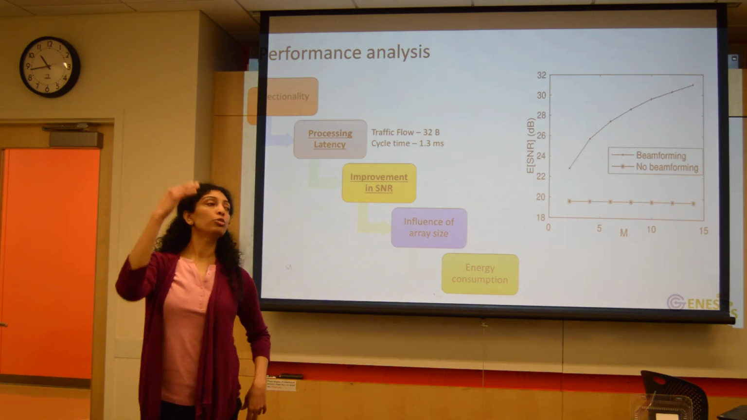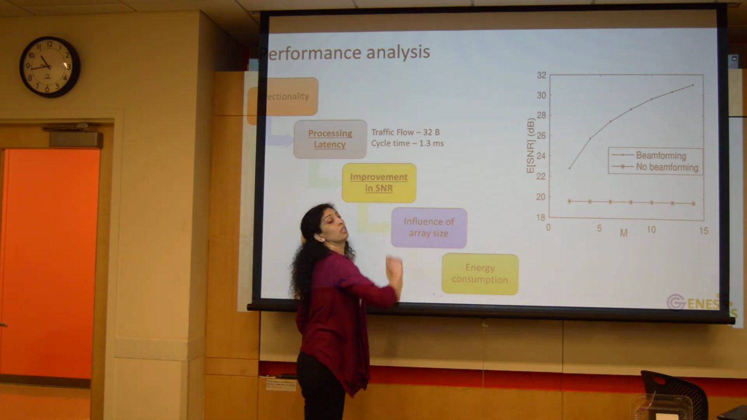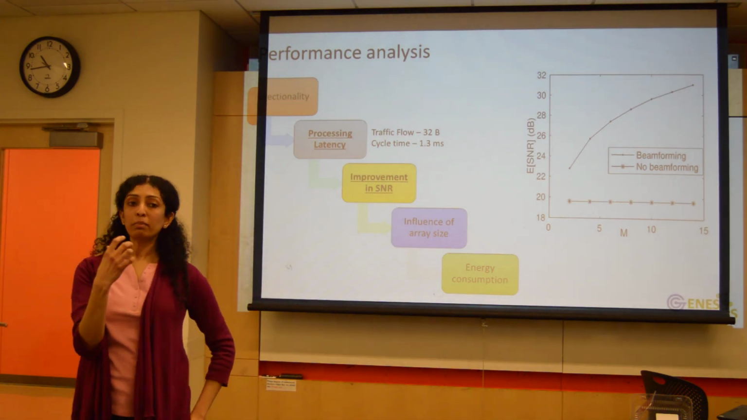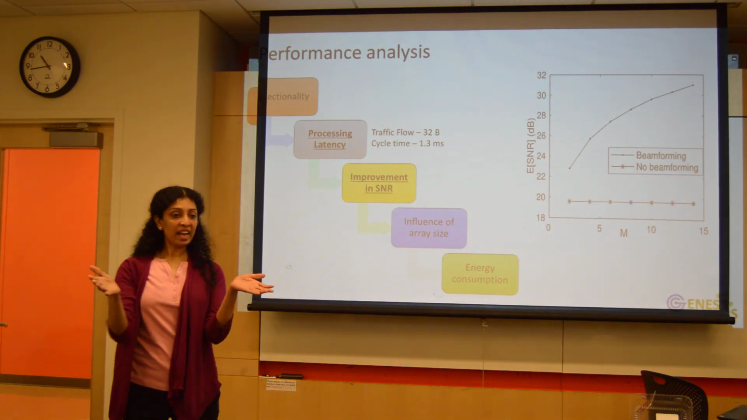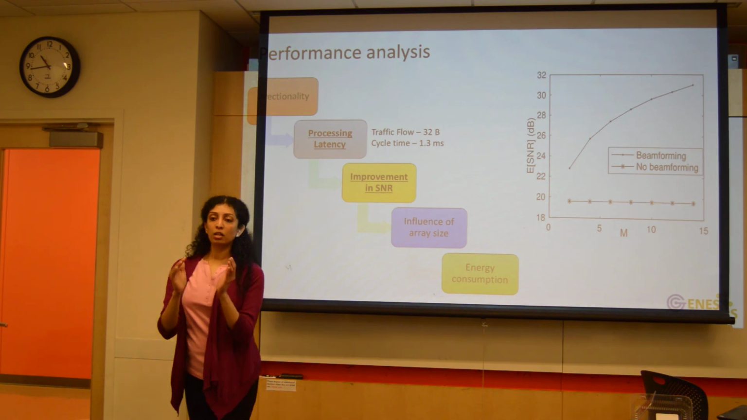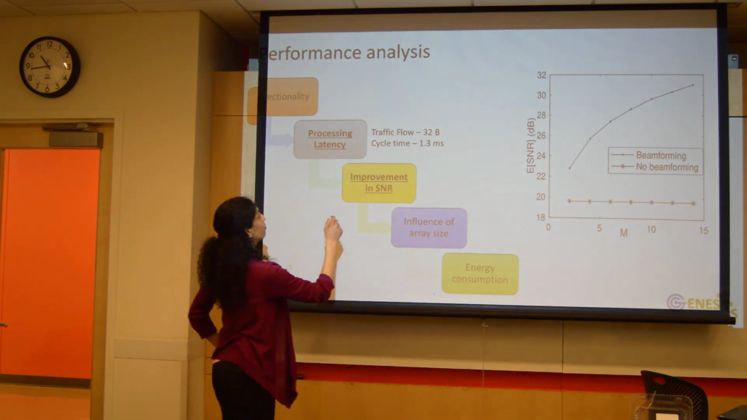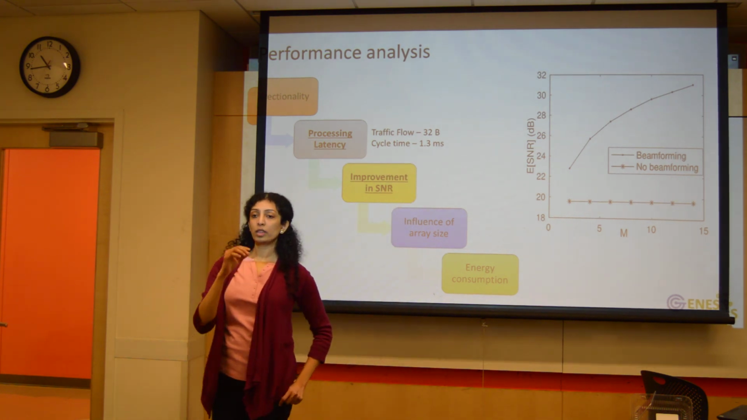So looking at the processing latency, how much time does it take for this information to finally reach from the transmitter to the receiver? With the traffic flow of 32 bytes, we take the 32 byte size as a reasonable size for the implant data. We don't need an exhaustive header. With 32 bytes, you can reasonably transmit the implant data. With this size, we estimated the cycle time to be 1.3 milliseconds. So with Zigbee,